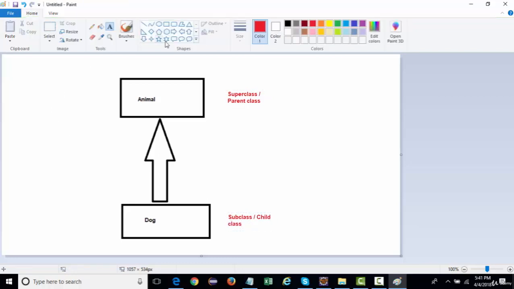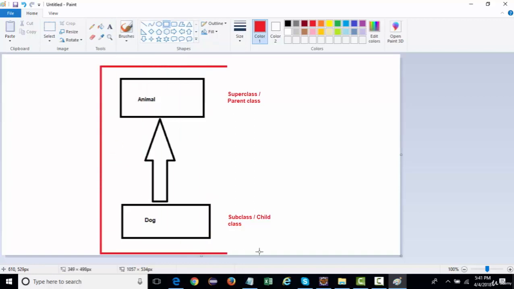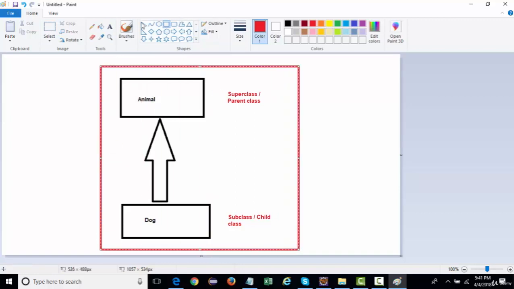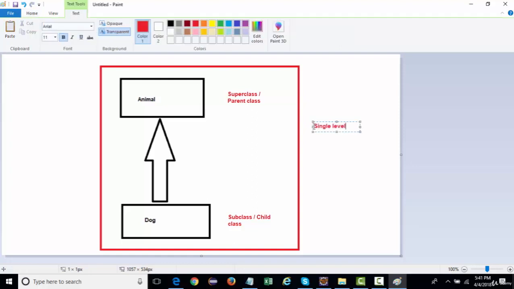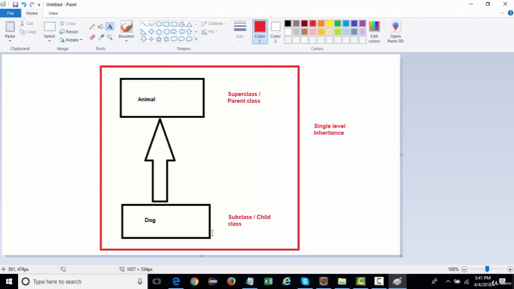If we talk about the relationship, it's a one-to-one, child-to-parent relationship, and this level is called single level inheritance, where one single child inherits the property of one single parent.